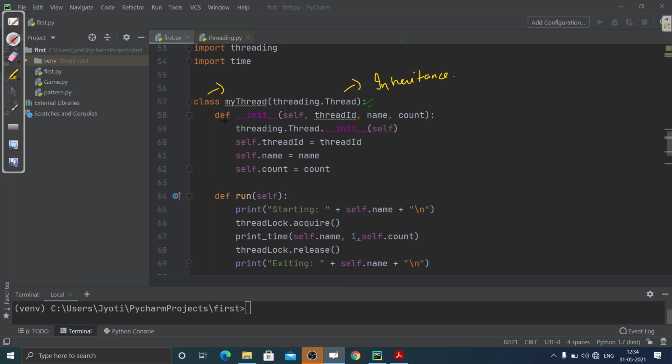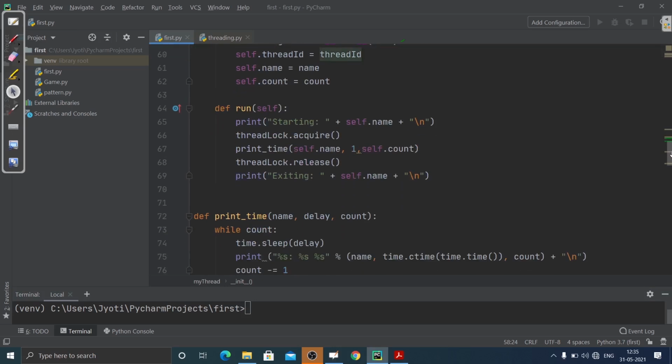Now we need to define the init function to pass any argument to this class, and we need to call the init function of the Thread class. I don't have to explain this again and again, I've already explained it. Then the thread id, just passing the arguments.